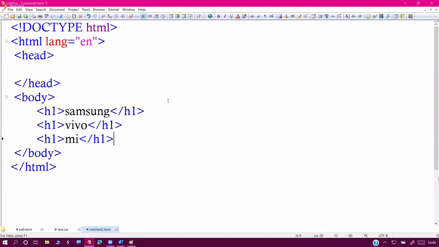You already have the red color styles, which you already defined in the external CSS. Map the same CSS to this file. So go to the head section, link rel equals, once again, stylesheet, and href equals